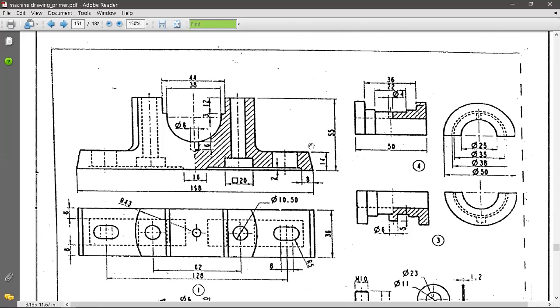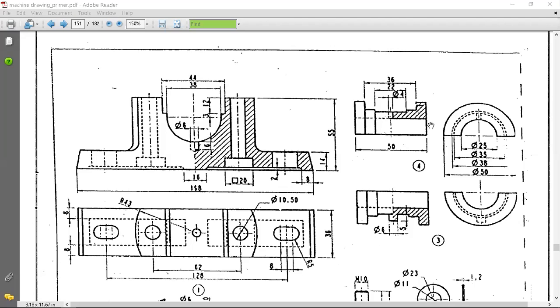Whatever drawing is there, the same drawing you have to redraw on your paper first, and next the component to be added here, you consider the bottom bearing half. So here you observe the dimensions which are matching between the body and the bearing bottom half. Here the dimensions are given, and here the dimensions are given. So look for the matching dimension. So here the diameter 38 is there, and here also the diameter 38 is there.